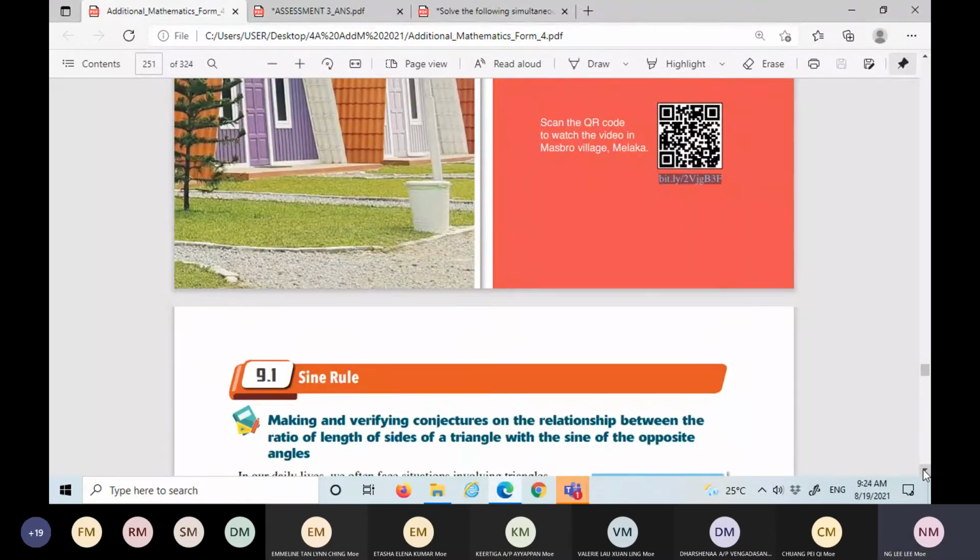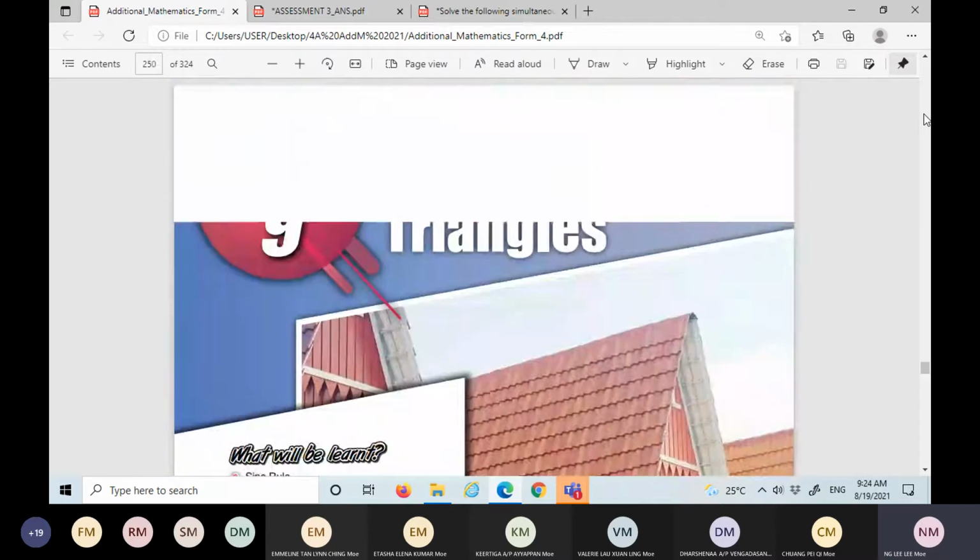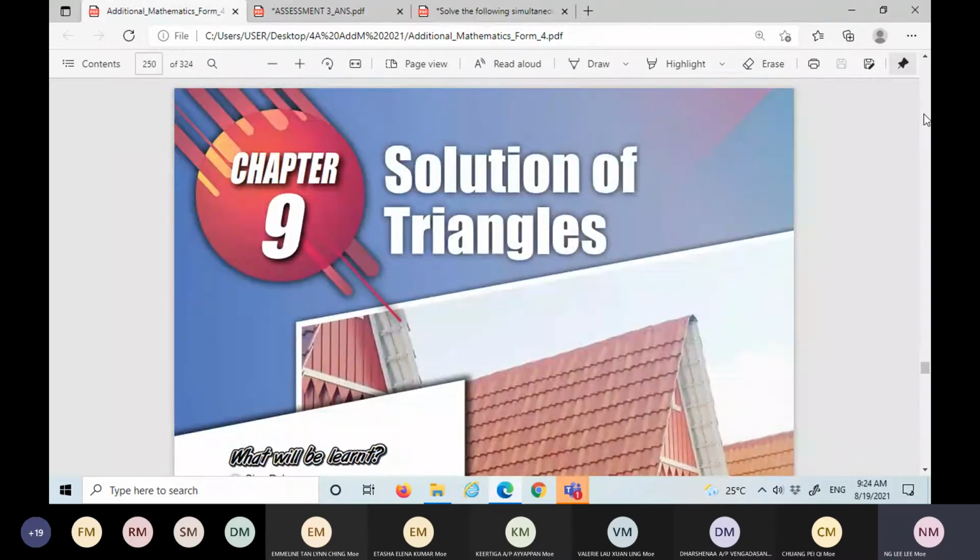So this is the introduction for this chapter, because they want to show you the triangle. Now actually it is chapter 9, the second last topic of the Form 4 syllabus, and then the last topic will be index numbers. Index numbers and indices are different things. These last two chapters and also your Form 5 last two chapters